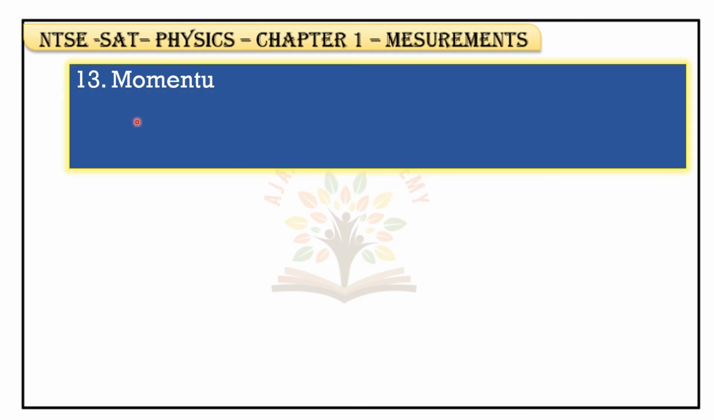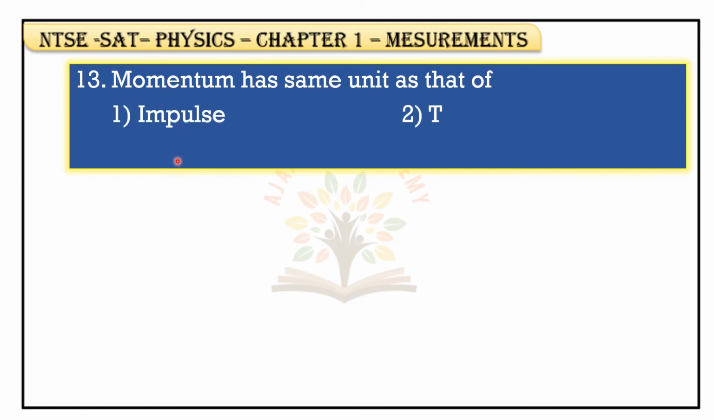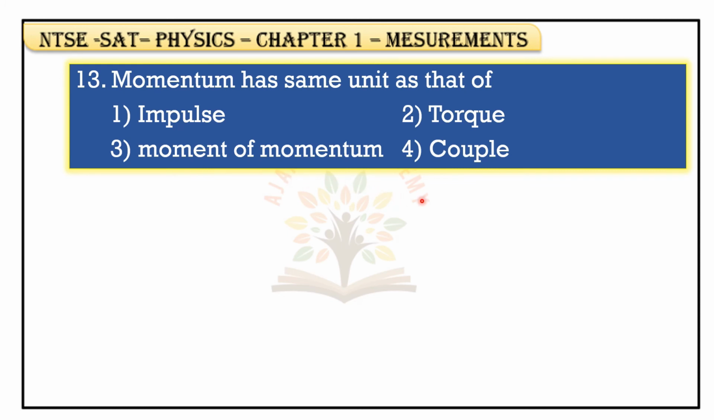Momentum has the same unit as that of impulse, torque, momentum of momentum, couple. Here momentum has the same unit as that of impulse. So impulse and momentum have the same units. These two have the same units, momentum as well as impulse. Okay, first option is correct. Next,